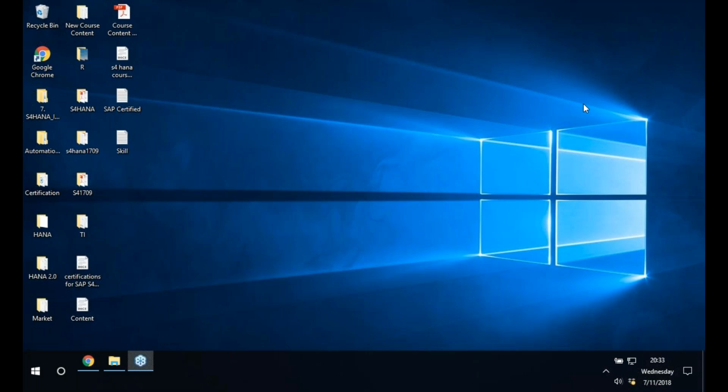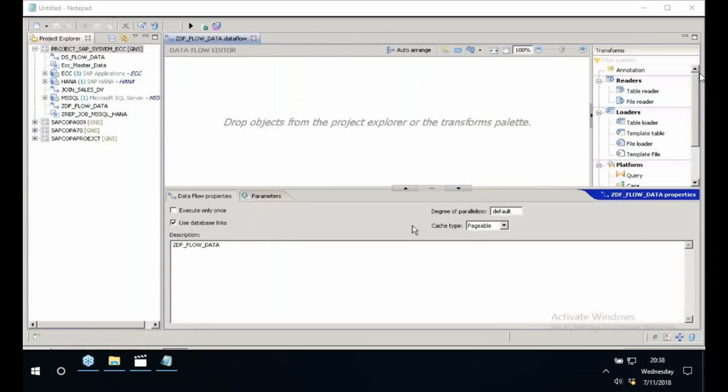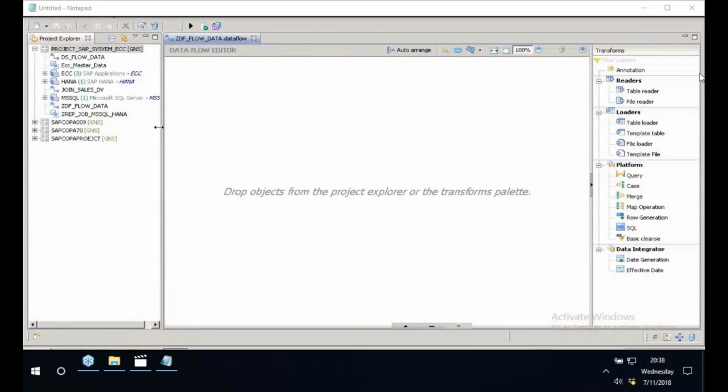Let us right click on the project, click new, click on data flow, provide the name, and click finish. So once we click finish,